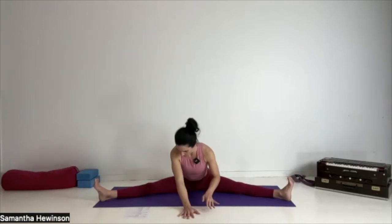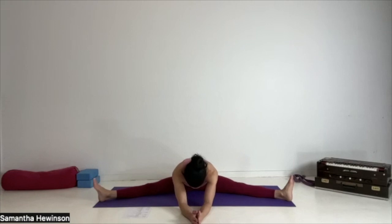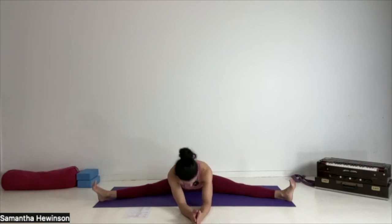Slowly lift up. Come through a mini butterfly. It's a transitional position to take your legs out to the sides. If you like, you can take your bolster out in front and then walk your hands forward. So we've only got a couple more hip stretches to go. So I do invite you to not be